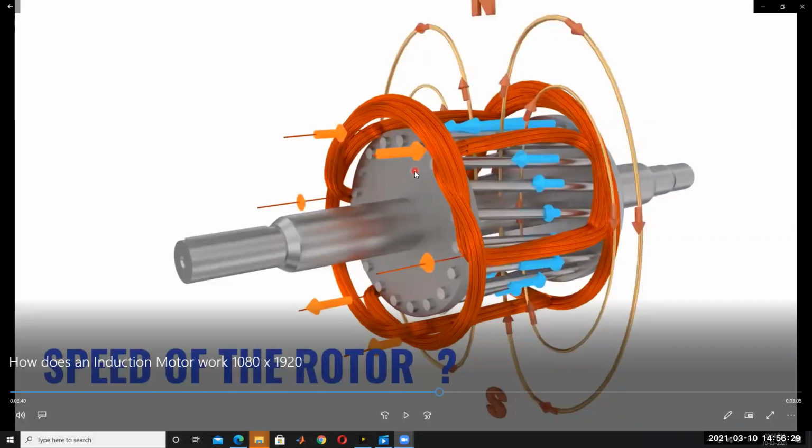Only if the relative speed is maintained will the rotor rotate. It is compulsory that there is a relative speed between the stator rotating magnetic field and the rotor. Then only is EMF induced in the rotor. Otherwise, there is no EMF. If the relative speed between these two is 0, the EMF induced in the rotor bars is 0. So, to rotate the rotor,